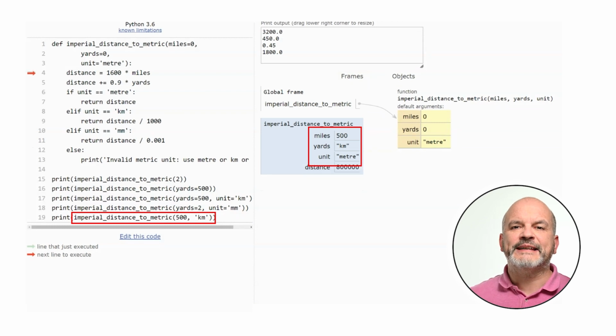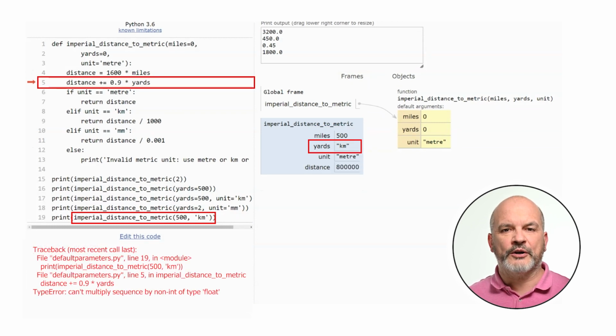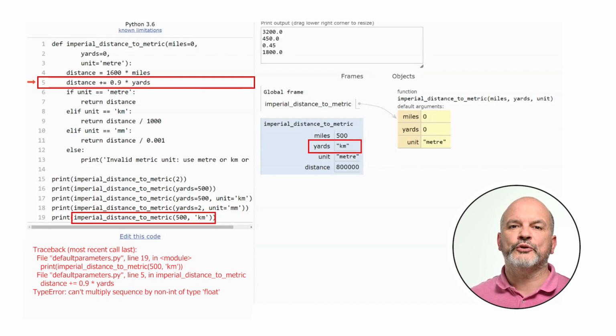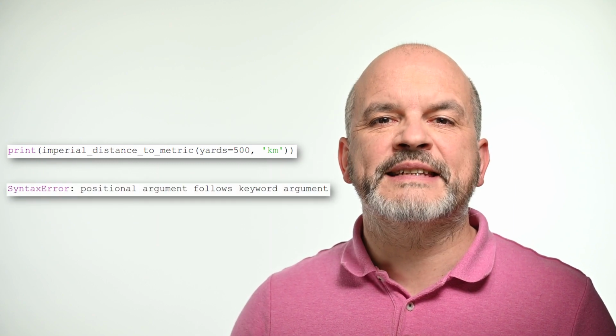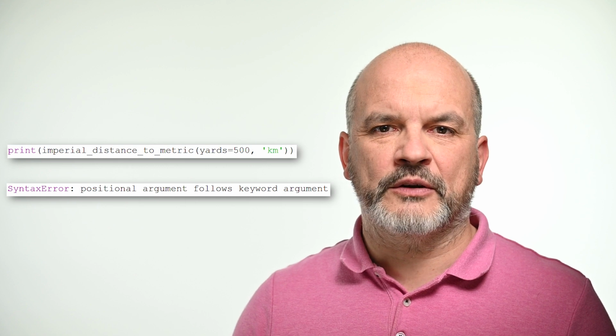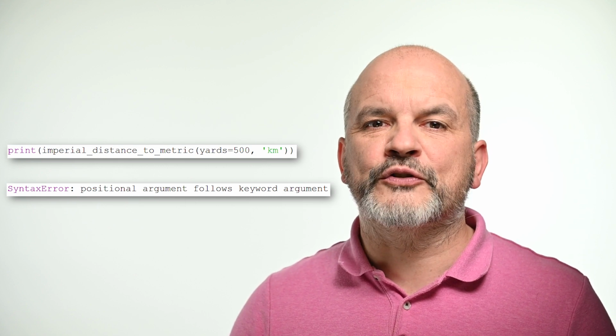This will cause a type error, as a positional argument is used in the function call. Therefore, the argument 500 is assigned to miles, and kilometers is assigned to yards. The product on line 5 will cause an error. Trying to call the function imperial distance to metric yards equal 500, kilometers will cause a syntax error, as a positional argument, the kilometers, follows a keyword argument, the yards.